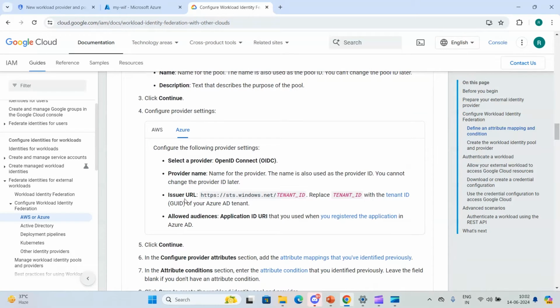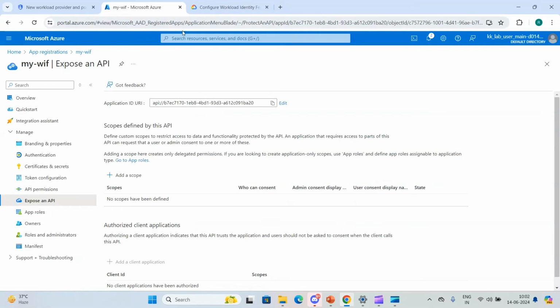Now we have to provide an issuer URL, and for the issuer URL you have to copy this and provide a tenant ID. Tenant ID basically means an organization ID. Like in AWS we have to provide our account ID, in this we have to provide a tenant ID, and we can find our tenant ID in Azure only.